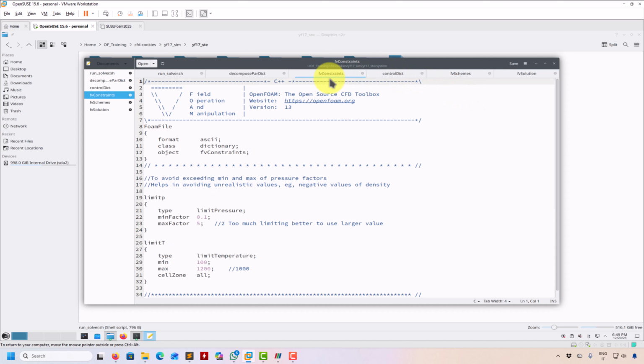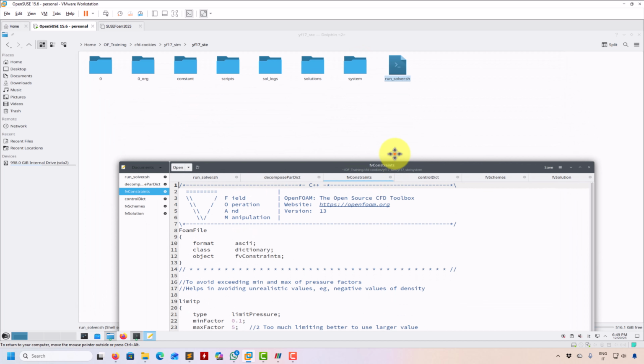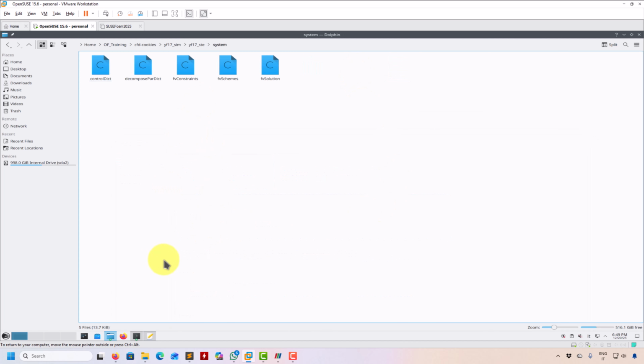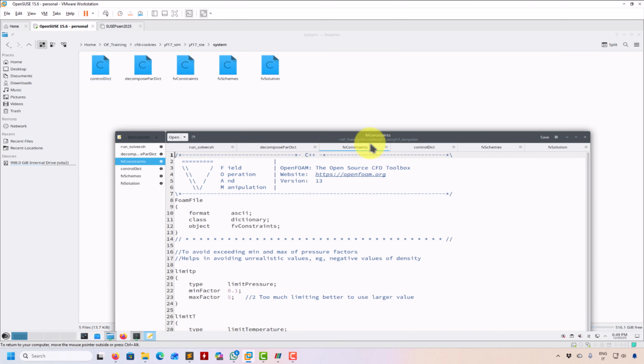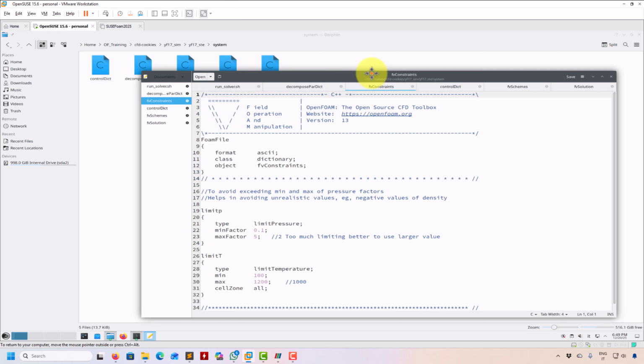The other dictionary that we have here is fvConstraints. So this is very interesting because we apply some physical constraints to avoid unphysical values. It's not in the sense mathematical or physical that it will solve some balance equations, conservation equations. You are just telling here, okay, limit the pressure to these values, mean factor, mass factor, so it cannot oscillate more than these values. Later in the lecture on compressors